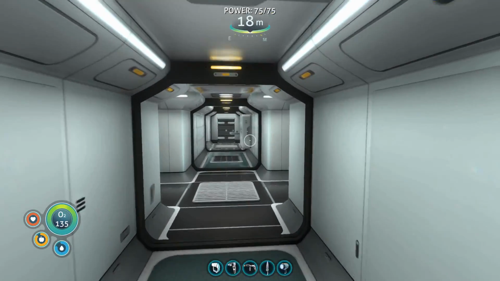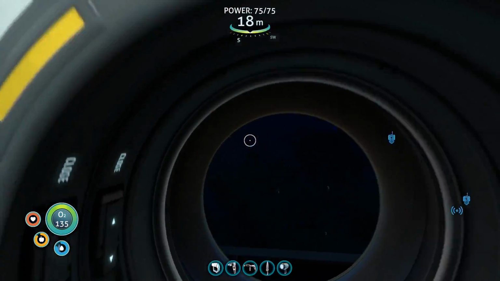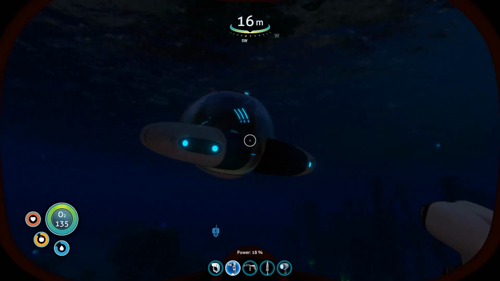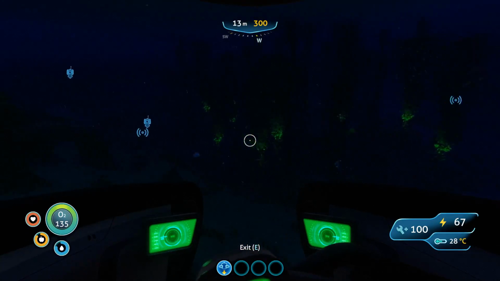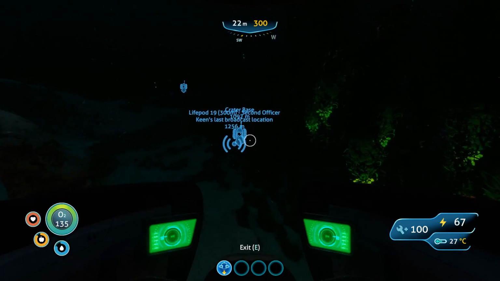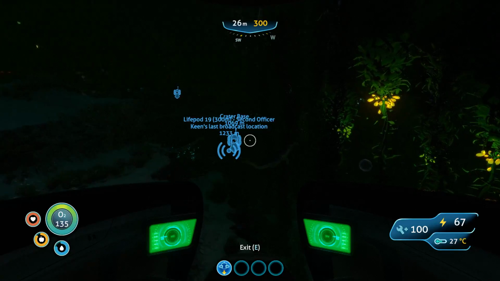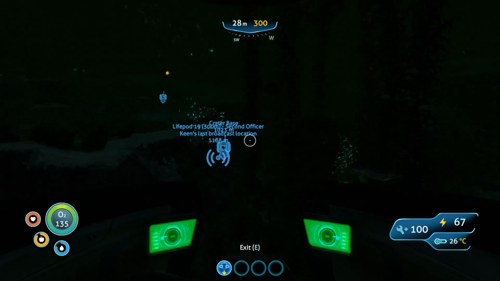These are fine. Let's go back with what we have. This is fine. We'll just make it a quick trip. We've got a bunch of stuff. We'll head back. We should be able to make the Modification Station. Once we can make the Modification Station...